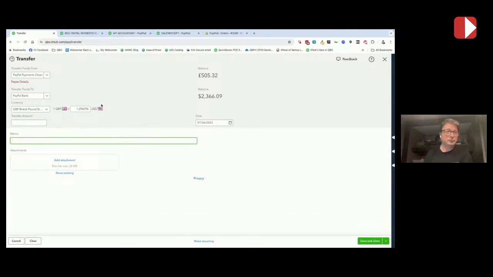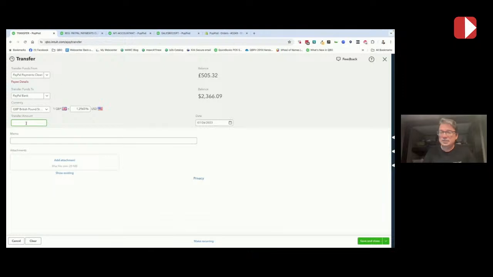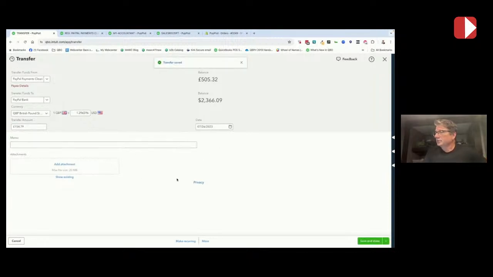But that was the exchange rate according to QuickBooks, where QuickBooks is getting those exchange rates on that particular day. So if I wanted to choose how much this actually was, this was 154.79 pounds. So if I go in here and put that in the transfer amount of 154.79, right, and actually make that transfer on that day,